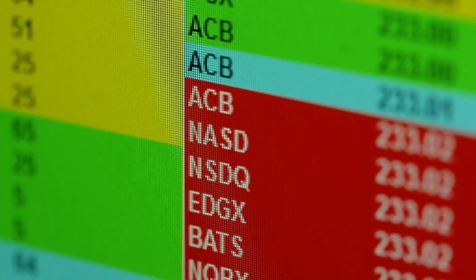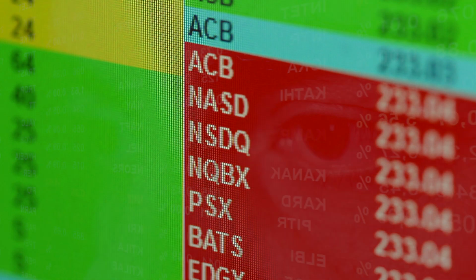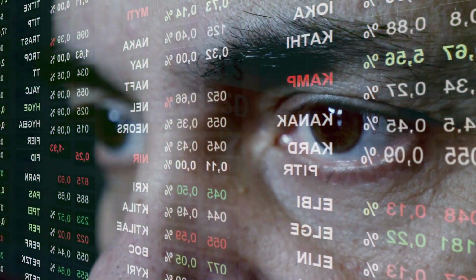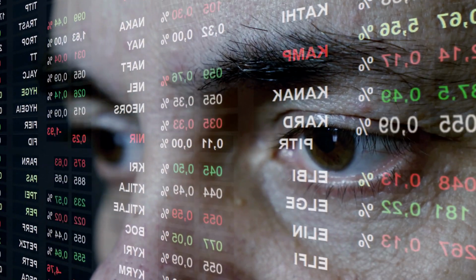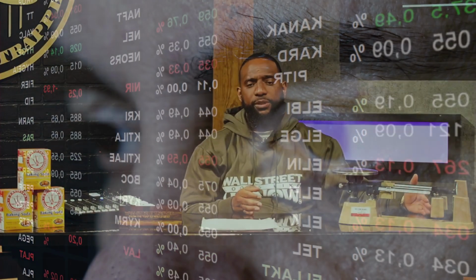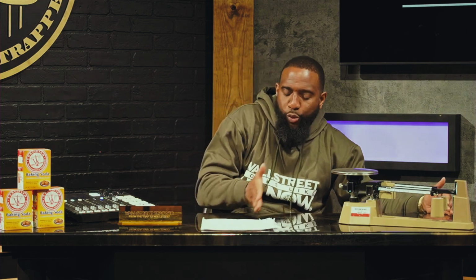What happens is we set price points on stocks. You figure out what a stock is worth, write this down. The first thing you do is figure out what the stock is worth. Once you figure out what it's worth, then you say, where is the stock at now? And then you say, at what point do I create price points?